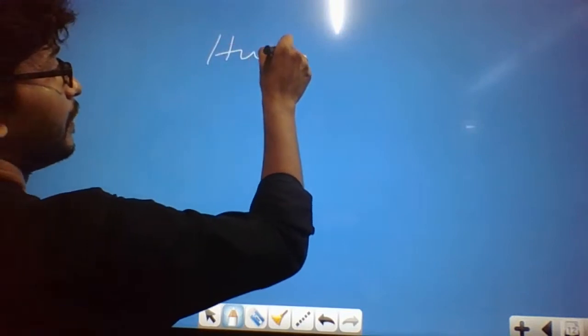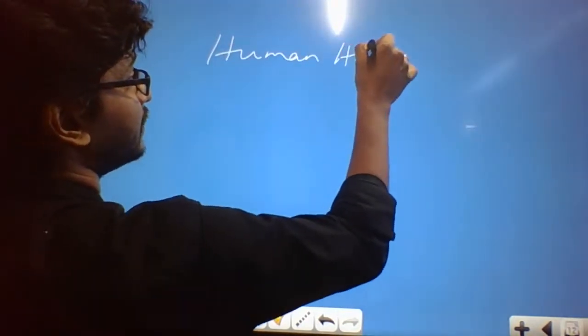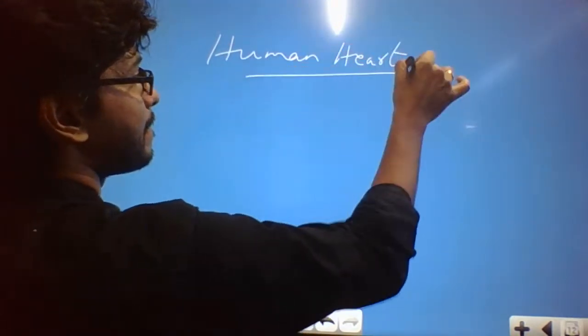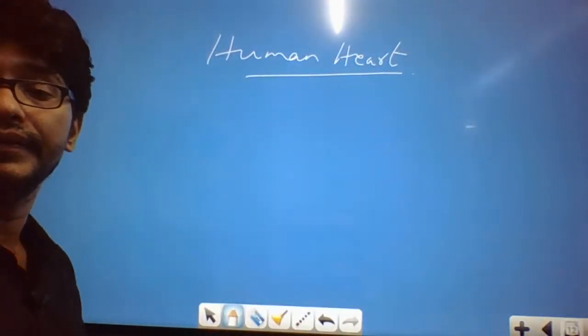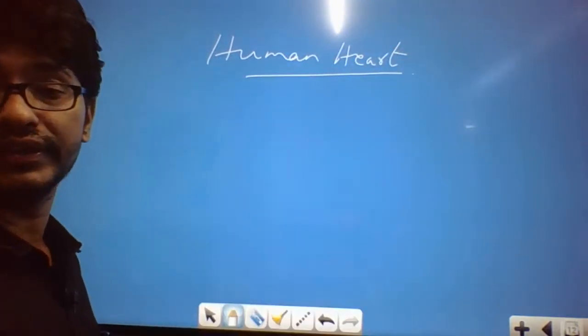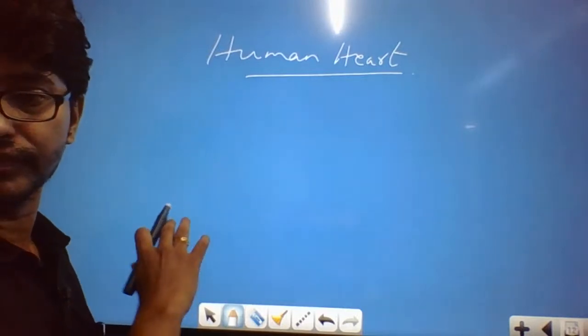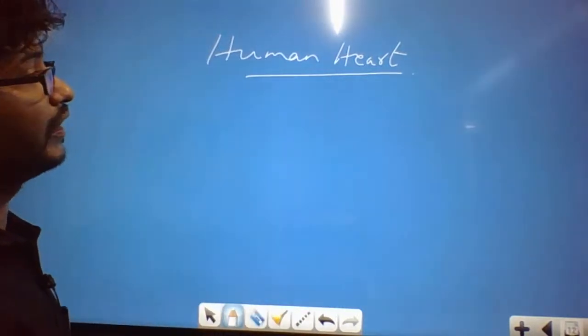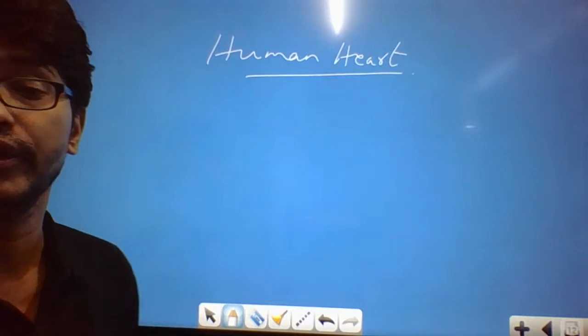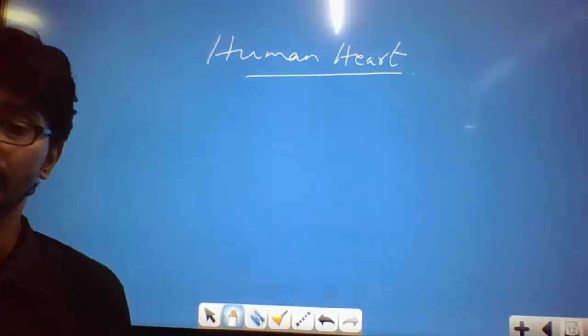So as far as the human heart is concerned, I'm not going to waste time by drawing the diagrams. As far as the human heart is concerned, you would have studied that this consists of